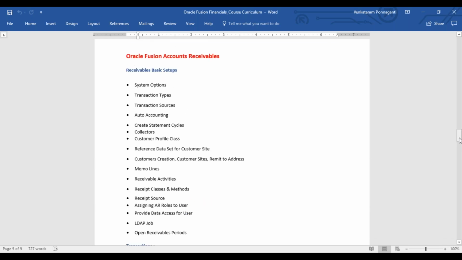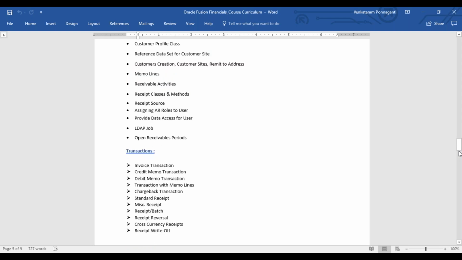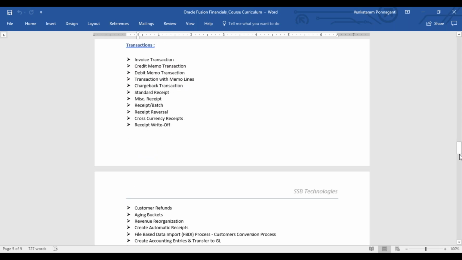And when you take a look at the account receivables, the basic setups required like system options, transaction types, transaction sources, auto accounting, and auto invoicing as well, and creating the system cycles for dunning letters, and creating memo lines, and receivable activities, and creating the receipt classes and receipt methods in order to perform the receipts. So we'll do all the basic setups, and then we will jump on to the transaction creation,